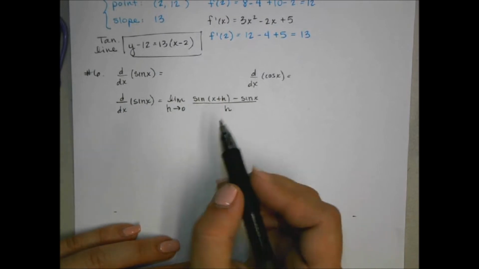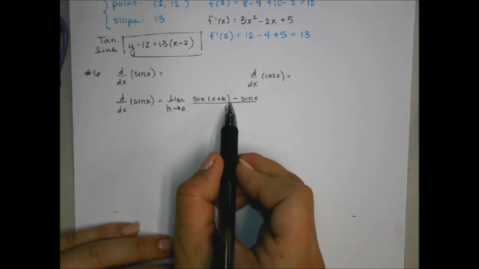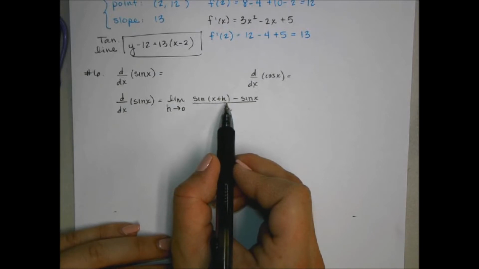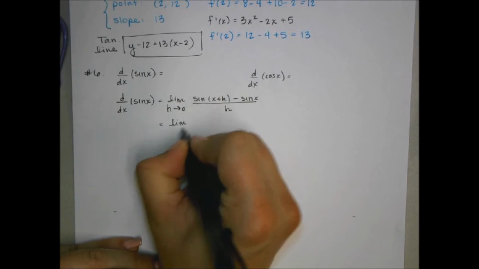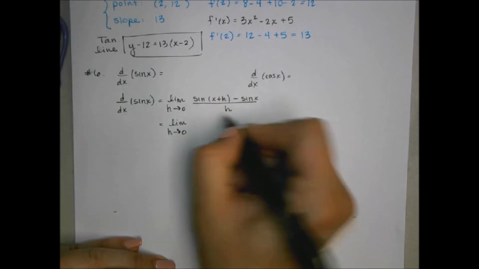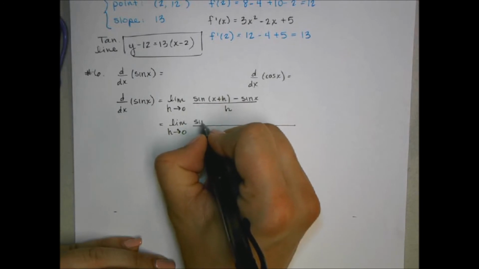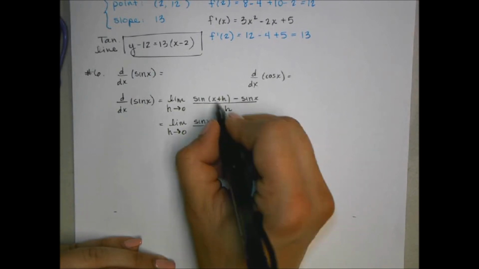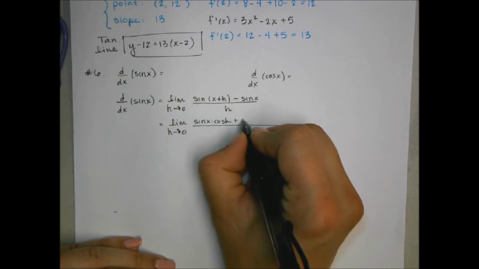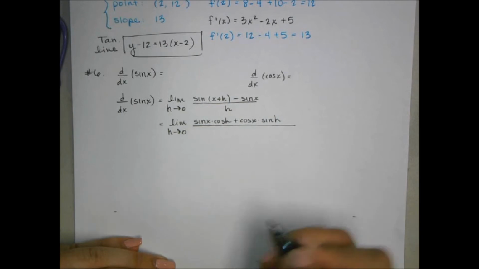So first of all, in order to evaluate sine of x plus h, we're going to need to remember our angle addition rules. So from trig, we get sine x times cosine h, plus cosine x times sine h, and then we have minus sine x